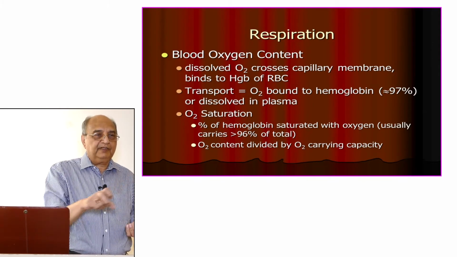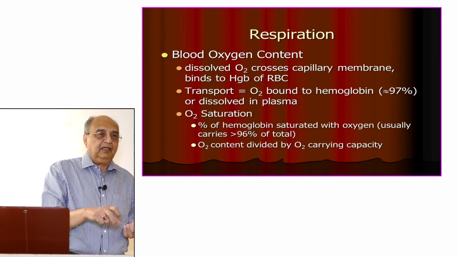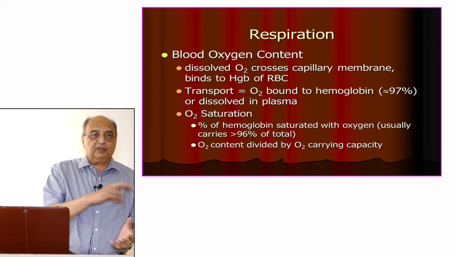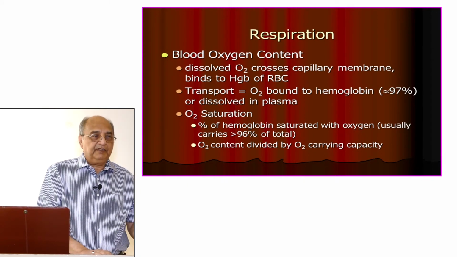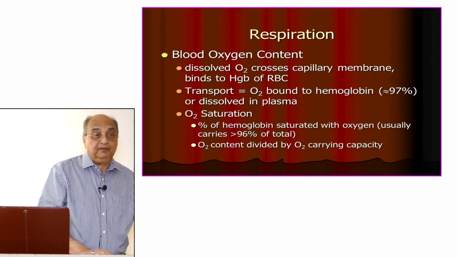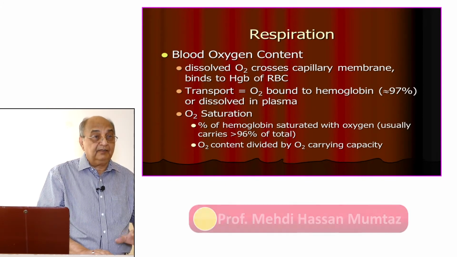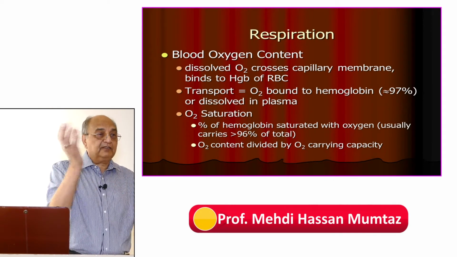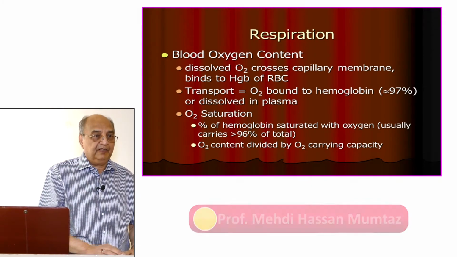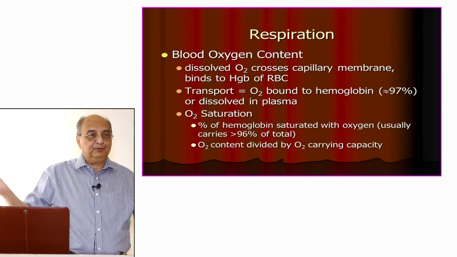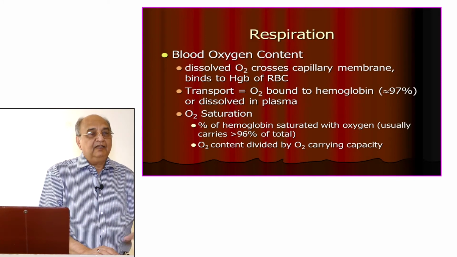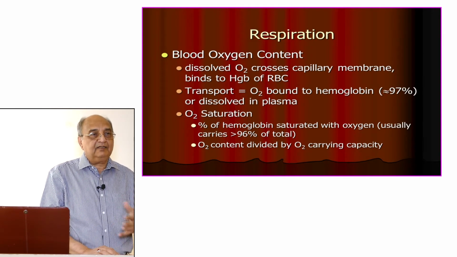If you divide surface area by body weight, in the case of a baby it's 2 to 3 times more as compared to an adult. It means it utilizes the oxygen too much. From the blood it is sucking the oxygen and using it, so the oxygen left in the plasma is very little,